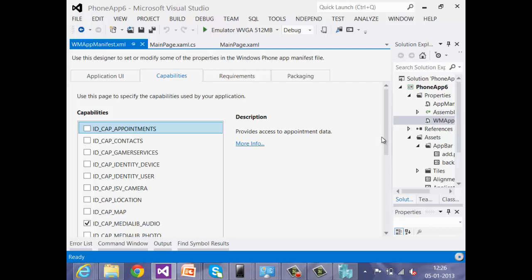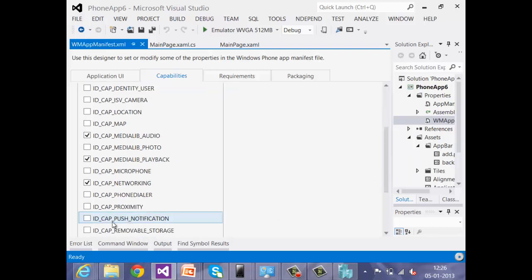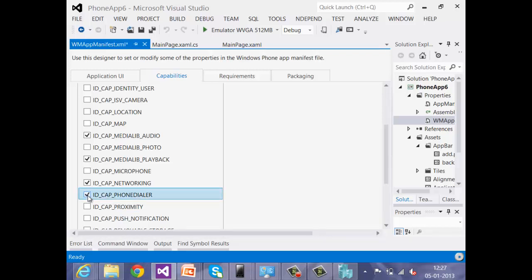If you don't define them here, for example I have unchecked the phone dialer here, and if I'm using a launcher which launches the phone dialer to dial a number and then call someone, I'll get an access denied error. So to avoid that, I need to define or set this value here. So when I do this, I don't get the access denied error when I'm running and testing the app, or when the user is using the app there.